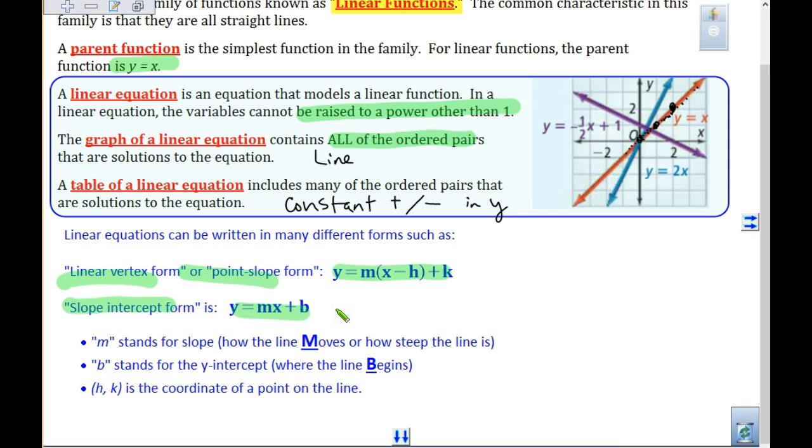But what does that M stand for? M is how you move on your graph. So whenever you're thinking of the M, that's how you move, it's your steepness. The B is where it begins. That's your beginning point or your y-intercept. And (h, k) is just a coordinate on the line. A lot of times we might think of that as our (x, y), same thing. Okay? So all that vocabulary on